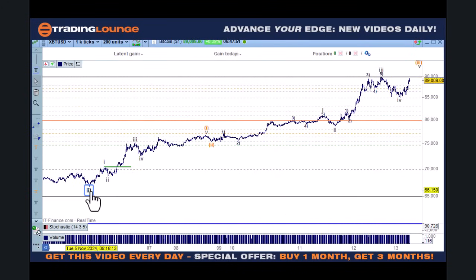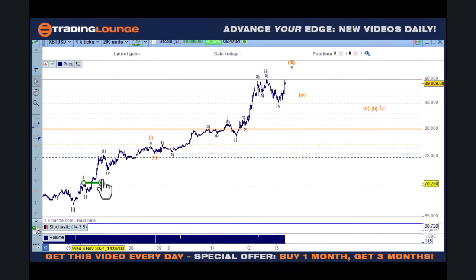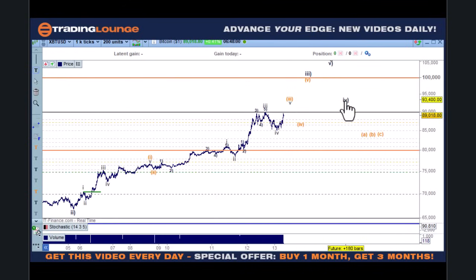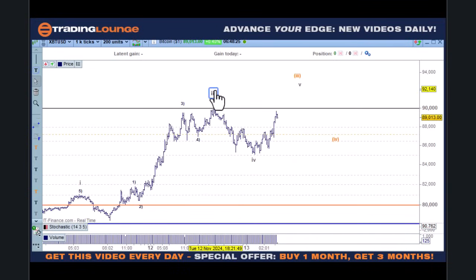So this blue wave 2 here, for example, we're looking at 1, 2, 3, 4, 5 for 1 and 2. So from blue 2 to blue 3 here, we're looking for 5 waves, okay? So this 5 waves over here. So from blue 2 to blue 3 here, we're looking at 1, 2, 3, 4, and 5 here for that. Then we've got this wave 4, and that opens up another situation. So yesterday we were at the top here, somewhere in here. Anyway, looking for this wave 3 top, and like the S&P and all the rest of it,